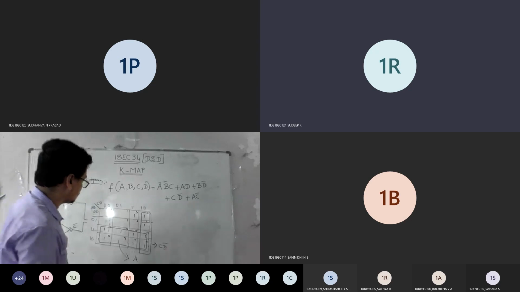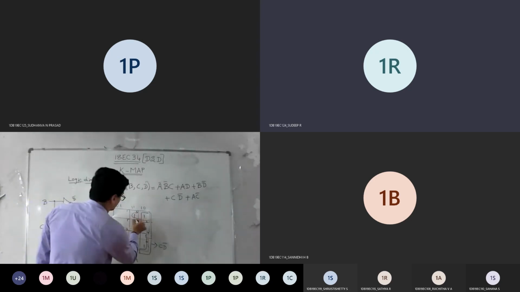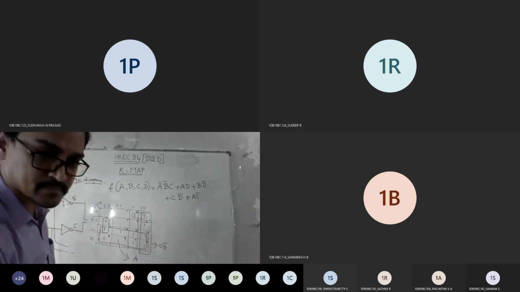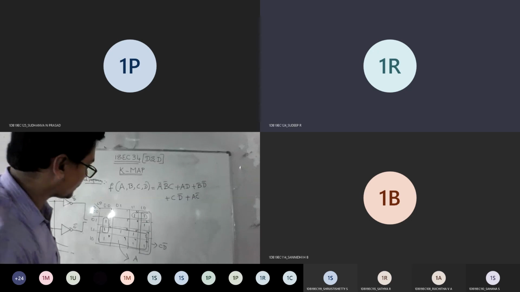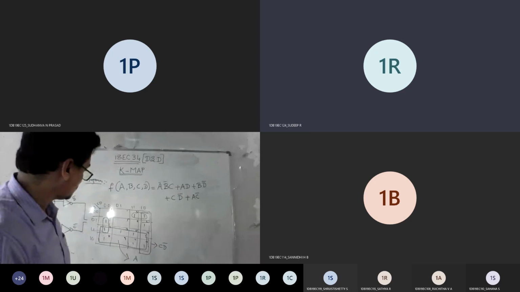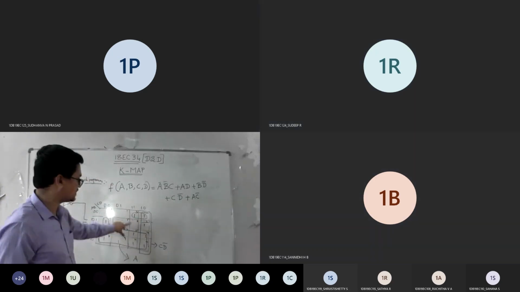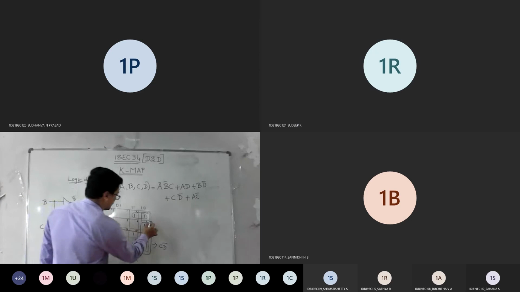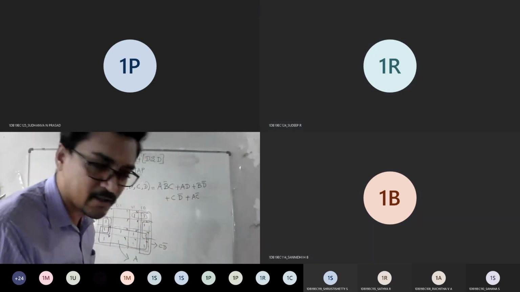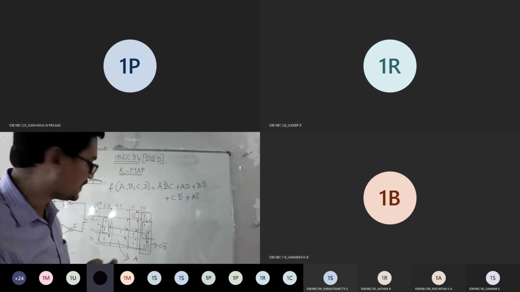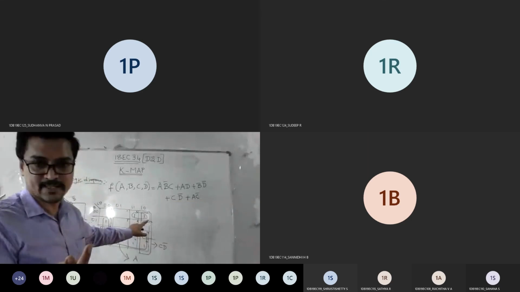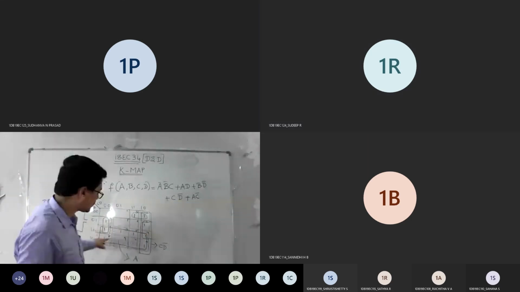One pair, second pair. These two, 3 and 2, and these two. Or can I take this completely as a quad? Which one will you prefer? Two pairs, sir. So whether you want to take separate pairing like this or completely like this, which one do you want? Quad. You should be specific. If you take pair and pair, you will get 2 separate equations. Instead of that, I can take a quad from this.